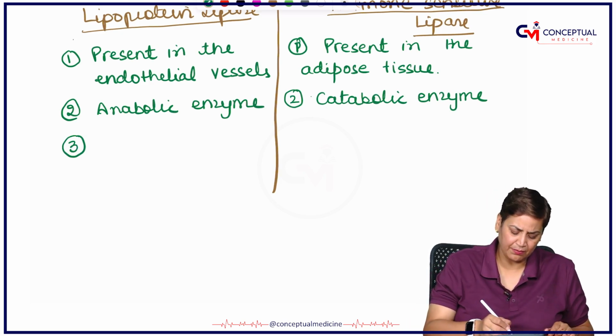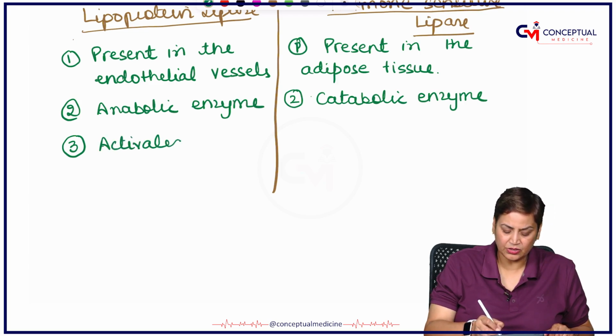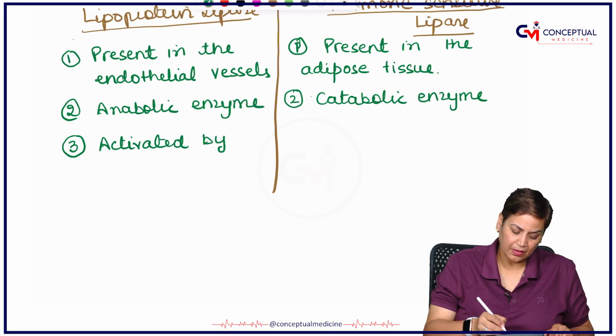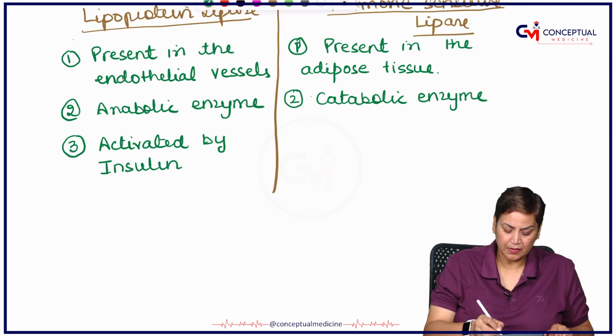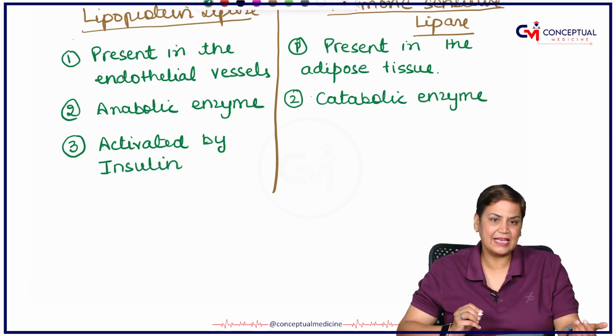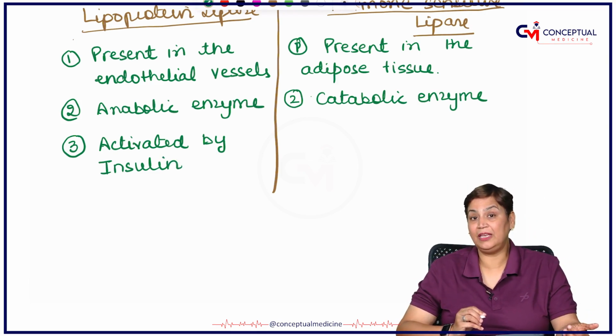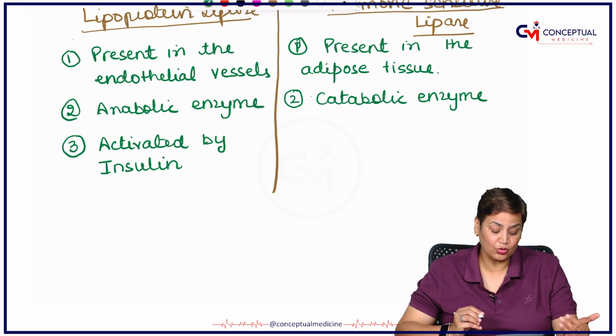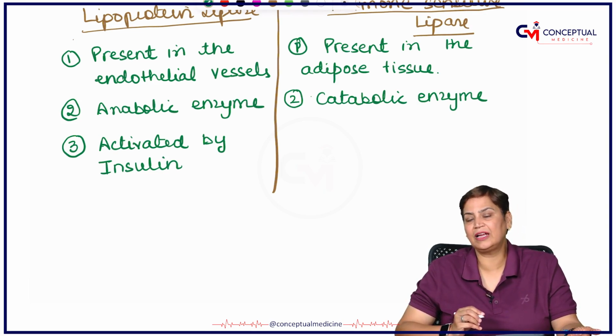This is very, very important. It is always activated by insulin. So, obviously, if it is activated by insulin, it will be inhibited by glucagon, because glucagon and insulin work